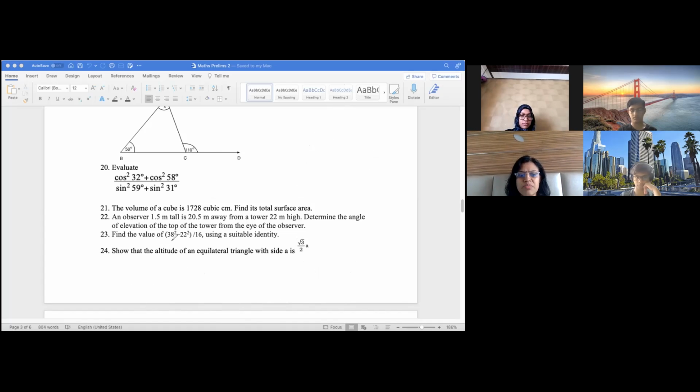Okay, this is also simple. 38 square minus 22 square upon 16. You have to use the identity, the a square minus b square identity. So it becomes 38 minus 22 and 38 plus 22